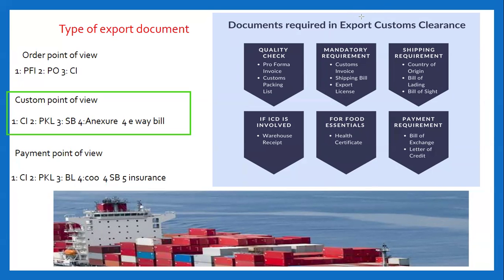The shipping bill is the document which is used for customs purposes. So in the shipping bill you need to check whether your commercial invoice and packing list are okay or not. You have to submit the shipping bill to customs beforehand. Just like, goods are ready and dispatched at your factory level, but you need to intimate customs before the goods arrive at customs. Otherwise customs will fine you.